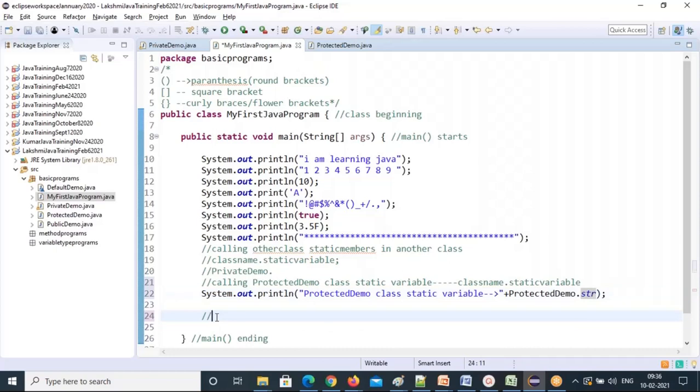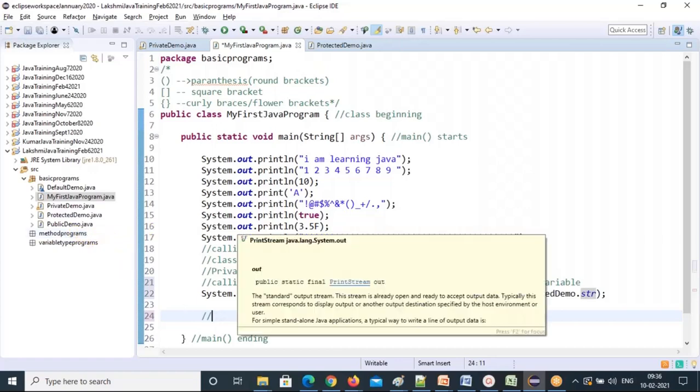Sir, outside package inheritance means what is inheritance, sir? Inheritance we still didn't understand. That's why I'm not going to explain that point now. Inheritance is an OOPS concept, right? I told you OOPS concepts. Did you remember? Class, object, inheritance, polymorphism, abstraction, encapsulation. These are the OOPS concepts. Once OOPS concepts come, I'll show you there how protected variables and protected methods you can access in another package.